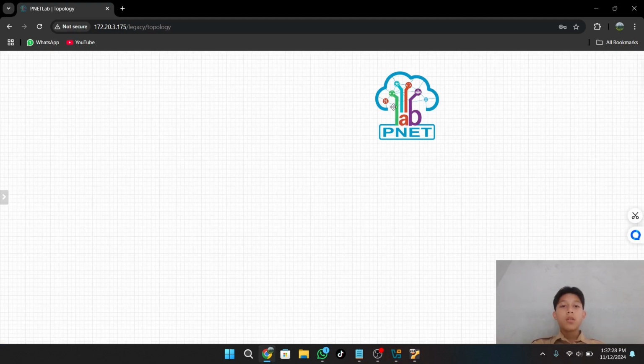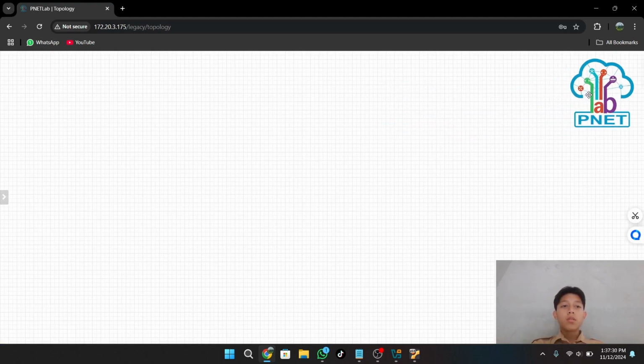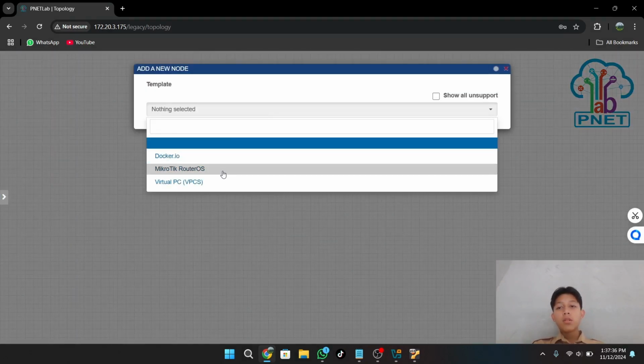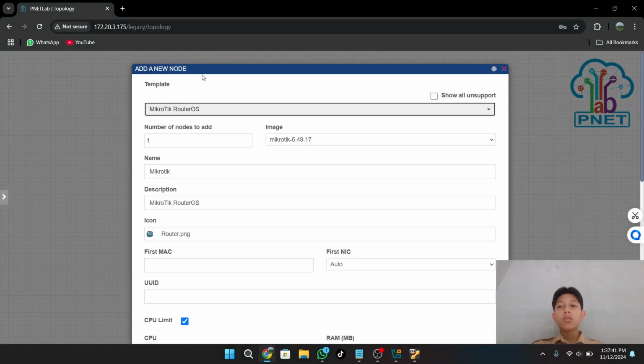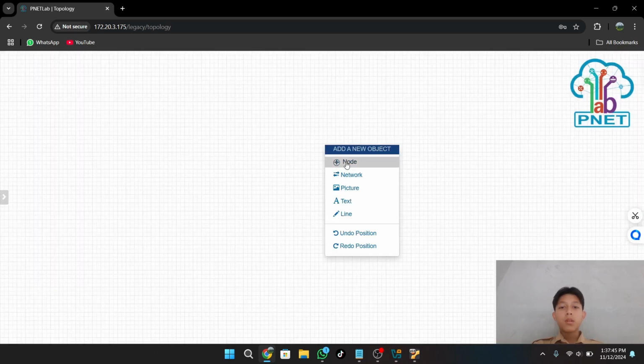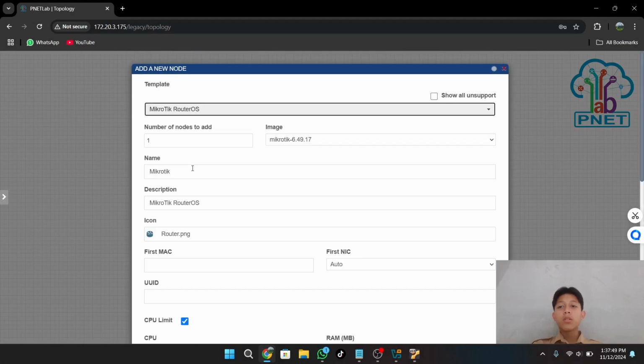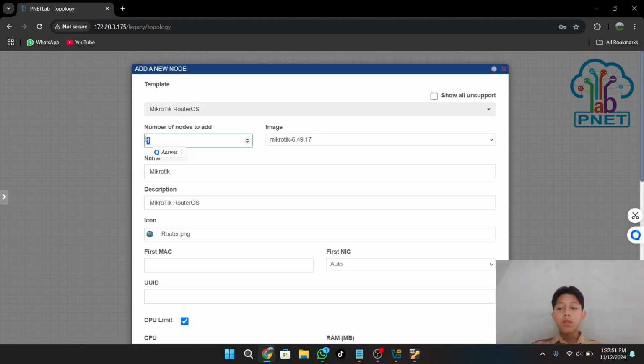If it looks like this, you can right click, and make sure you have already added the MikroTik RouterOS to your PNETLab. Right click, click node, and choose the MikroTik RouterOS. For the number, it is two routers.